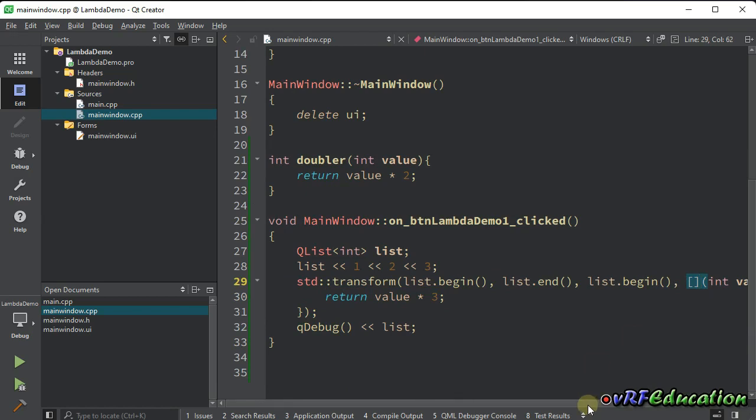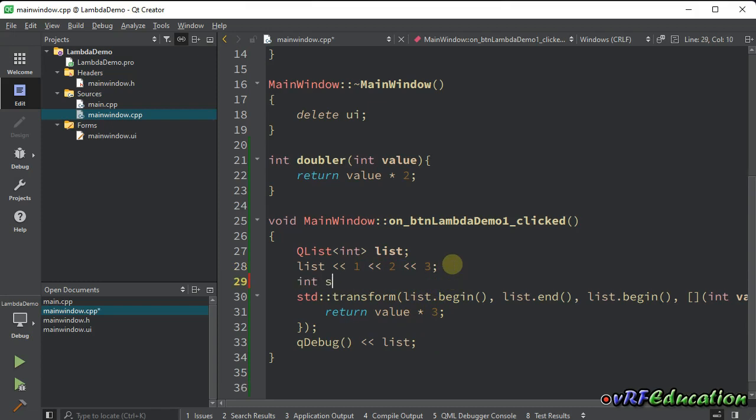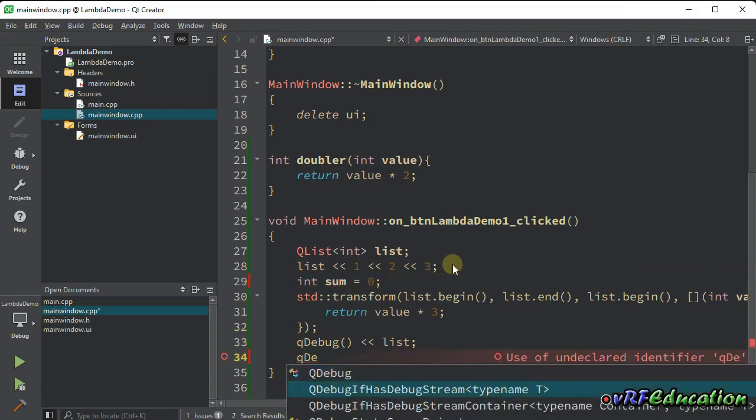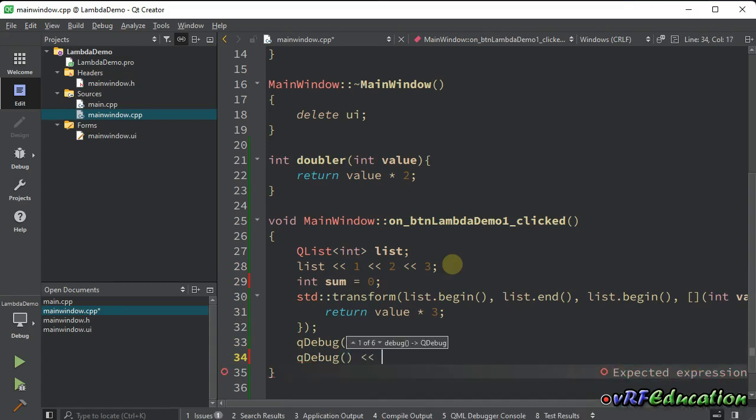What do we want to do? For example, imagine that I want to multiply each element by 3, and before that I want to sum all the original values into a variable named sum. So I'm going to create a variable named sum here. By default it's equal to 0, and after that I'm gonna print it. So I'm gonna see if the change applied on the list, and also print the summation of values inside